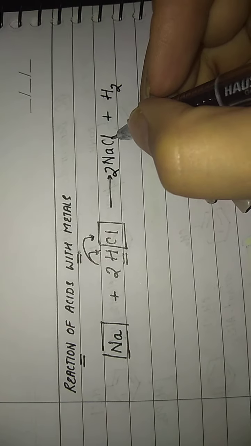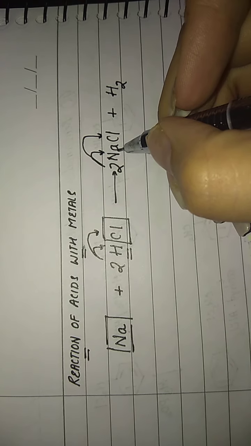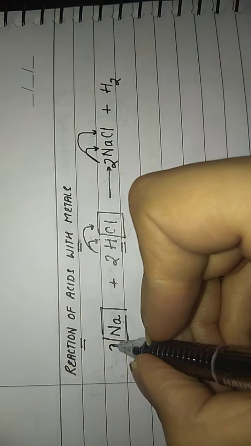But in making chlorine as 2, what I find is that now on the right hand side I have 2 sodium atoms, because 2 will be multiplied by sodium as well as with chlorine. Fine. So 2 sodium atoms on the right hand side. So what do I do on the left? I make this also as 2. This is how you will balance it.